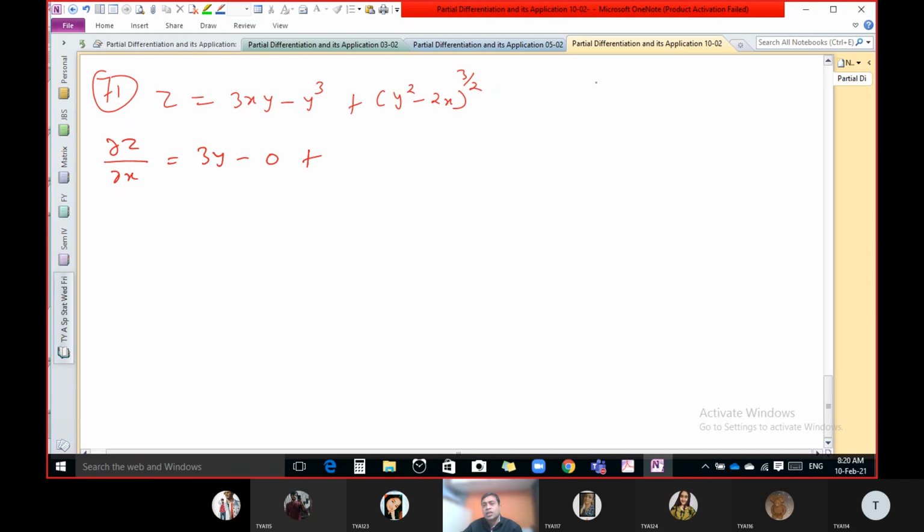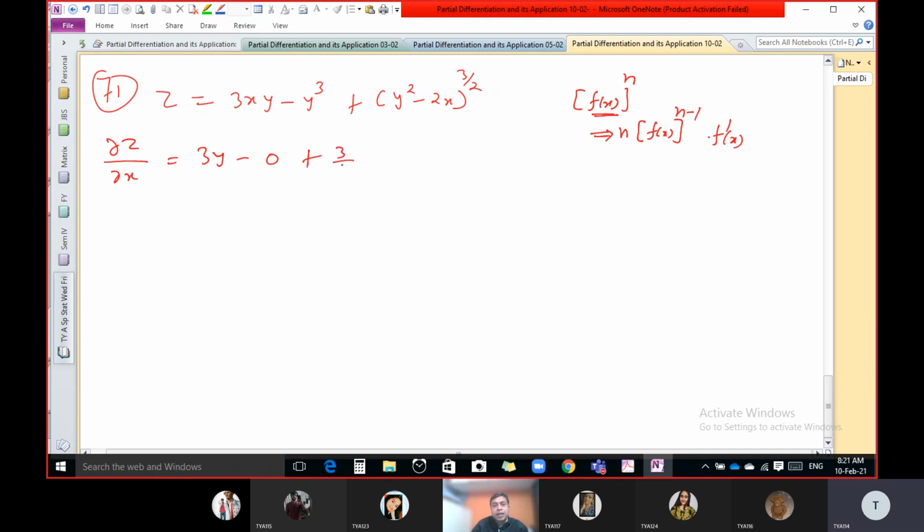Plus, now listen, there is one rule. For any function raised to a constant number n, the derivative is n into the function as it is, raised to n minus 1. So we write the power in multiplication and subtract 1 from the power, but keep the function as it is, into the derivative of this function with respect to x. So tell me the answer for this.